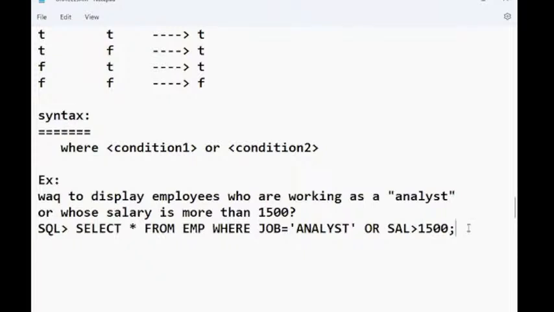Okay. So one more example you can see. Let me explain how it works here. Write a query to display employees who are